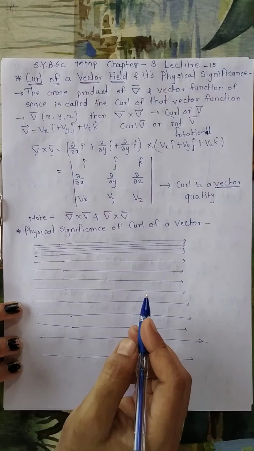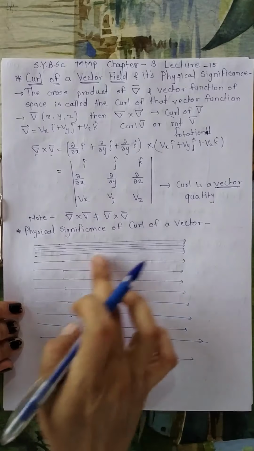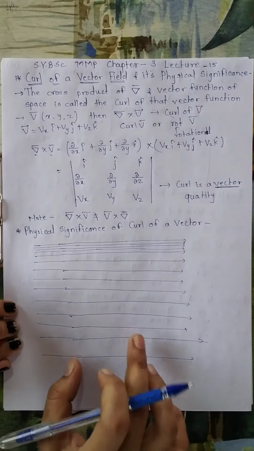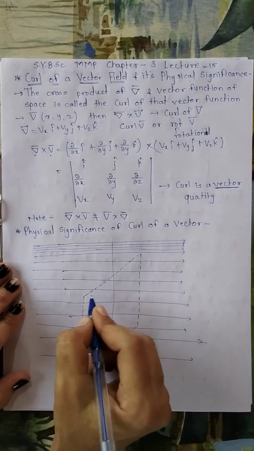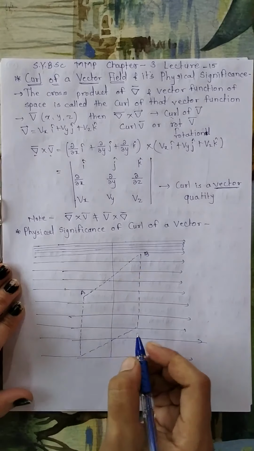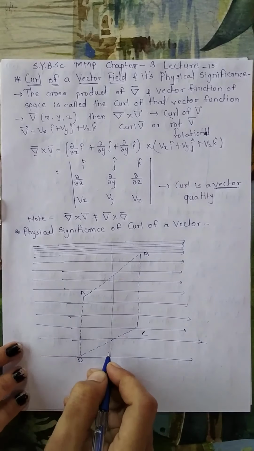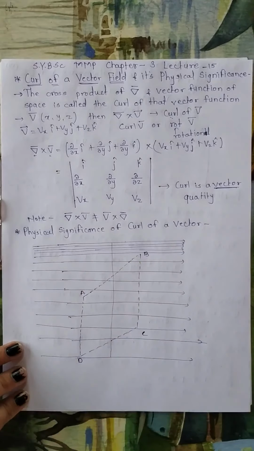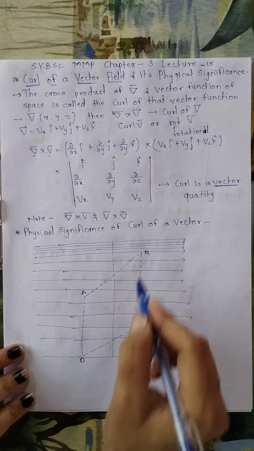Now we will imagine a small plane having a rectangular area inside this field, so that the line integral can be worked out along the boundary. So here we have considered a plane of rectangular area which is given by A, B, C and D, and it is considered in a position such that our line integral will work along these boundaries of this rectangle.